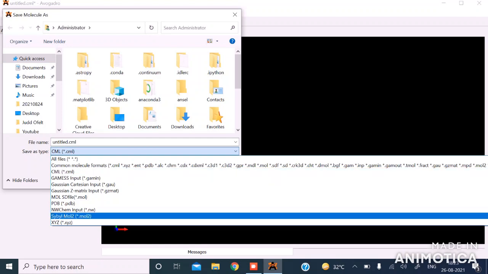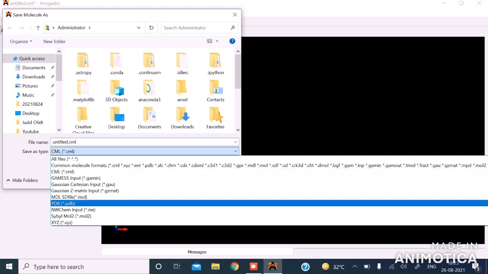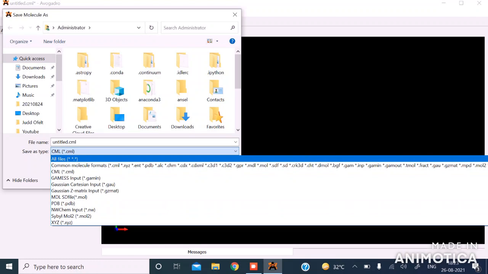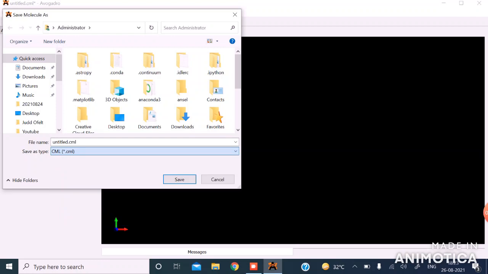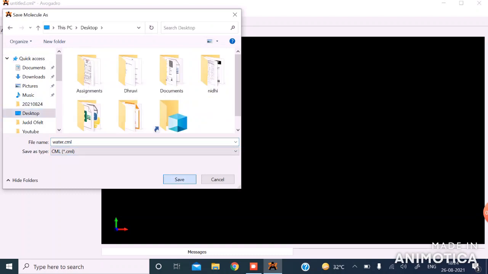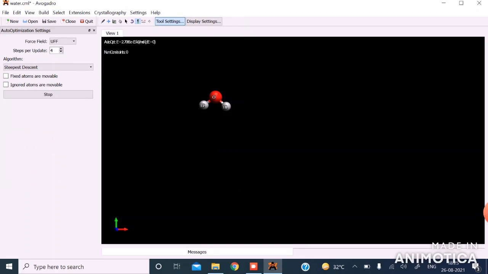So XYZ, then Mol2, later we will discuss about this. I am saving this file in the CML extension. Let us give the name water molecule. Selecting desktop and save this graphics.